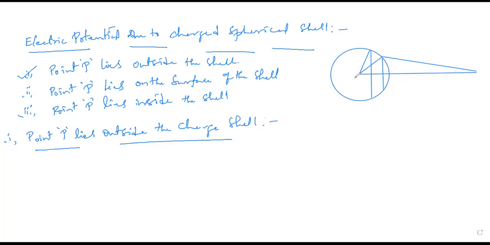So now this is the center of the charged spherical shell, which I have taken as O. And the point I have taken here is the point P, and the distance from the center to this point P is some small r. Already I said it is a charged spherical shell, so I am assuming positive charge on the surface of the shell, everywhere. You can also write it like this, positive charge.